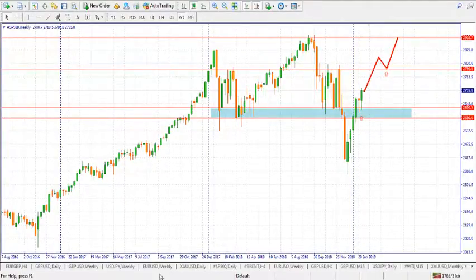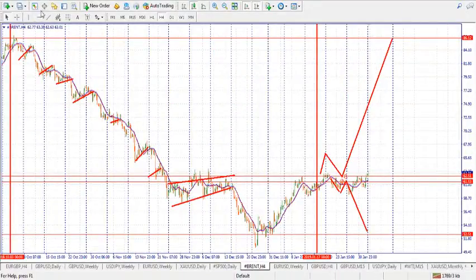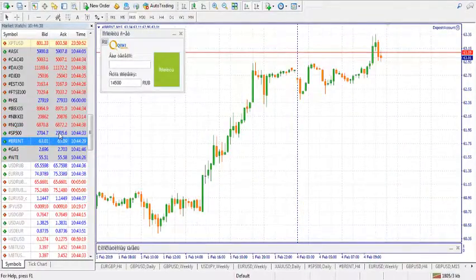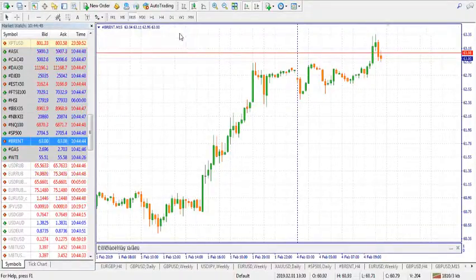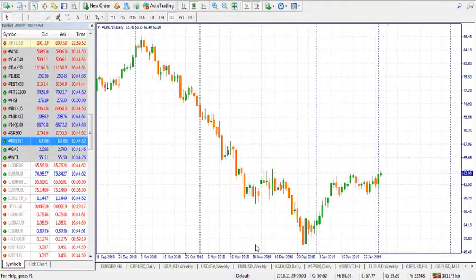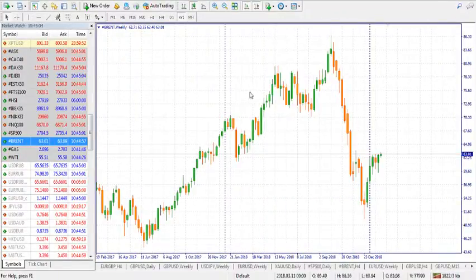So we move to the next chart, which is Brent oil here, and I'm going to look at this chart from the weekly point of view, the very first thing. So something has just happened. As you can see,